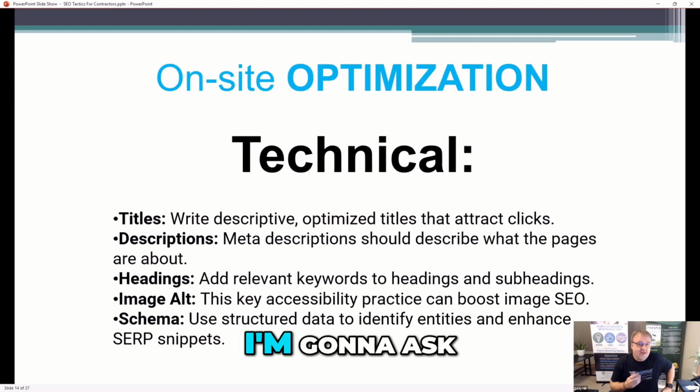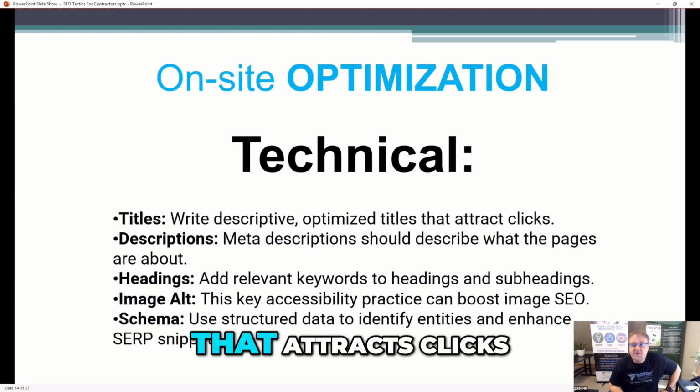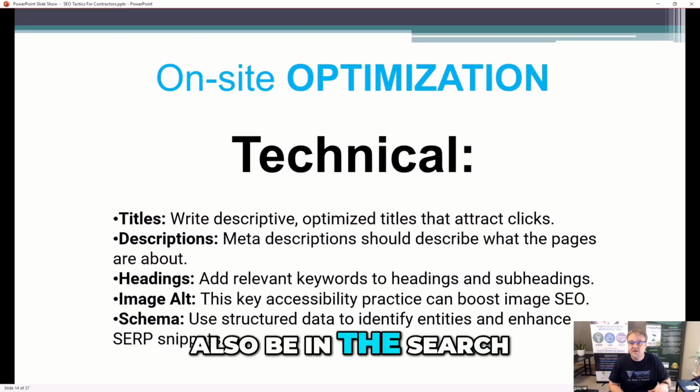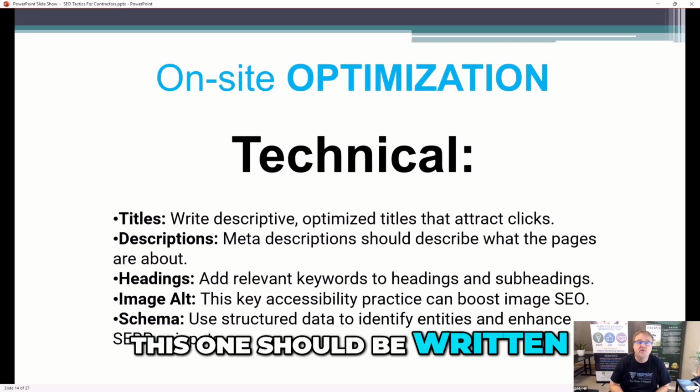Title. I'm going to ask you what it should be. The title should be descriptive, optimized, and attract clicks. Now the title will also be in the search. We'll talk about that in a second for the description, but this one should be written